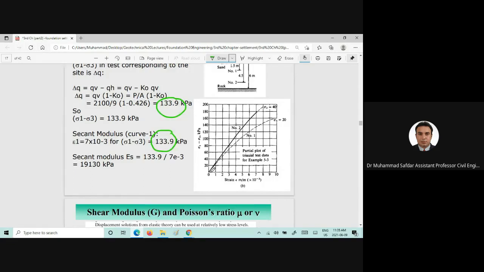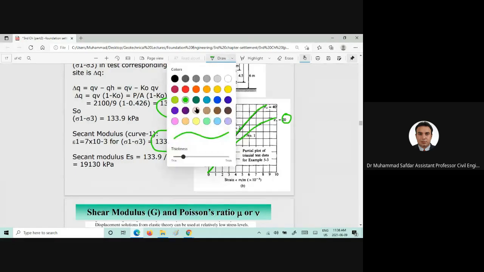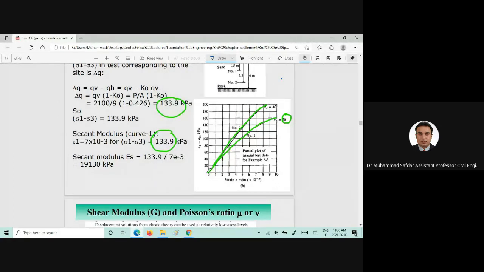For example, we prepared the specimen and we confined it to 20 kilopascal. So this would be the stress-strain behavior. And we performed another test from number 2 location, and we got the stress-strain behavior something like this. Now, if you are interested at that particular strain level, for the depth of 1.5 meter, you can see that the modulus of elasticity would be smaller